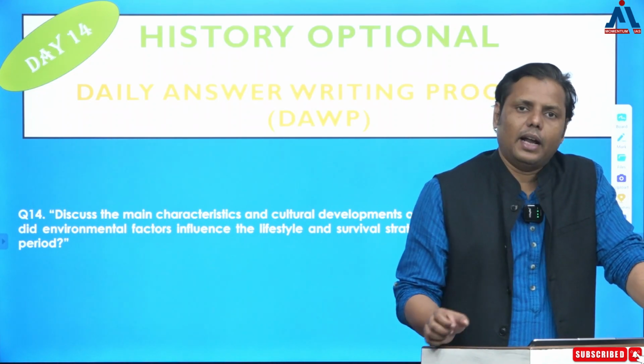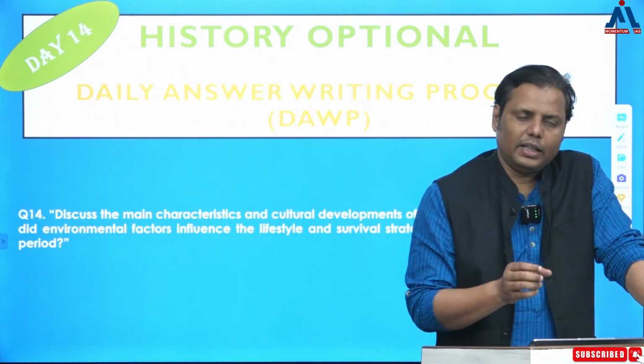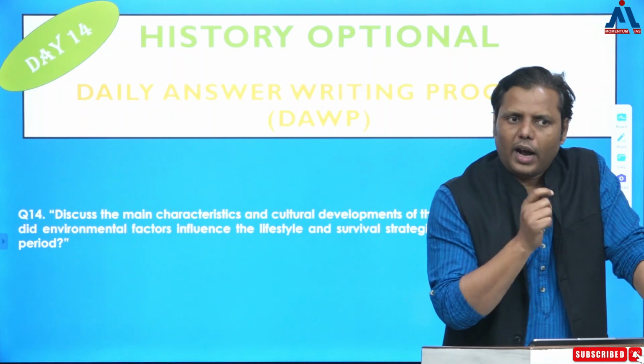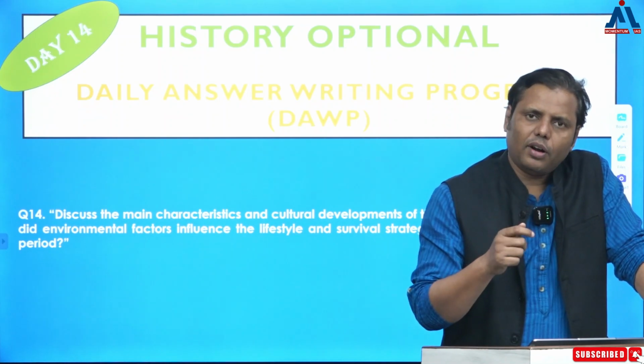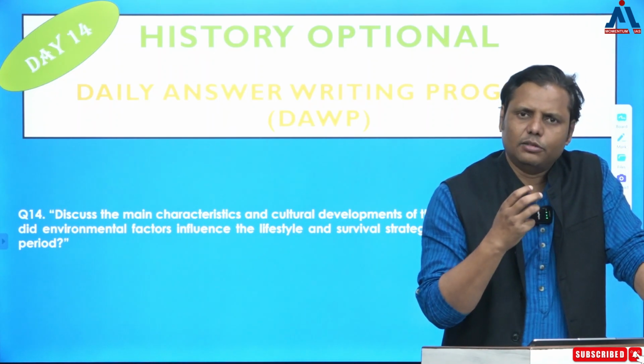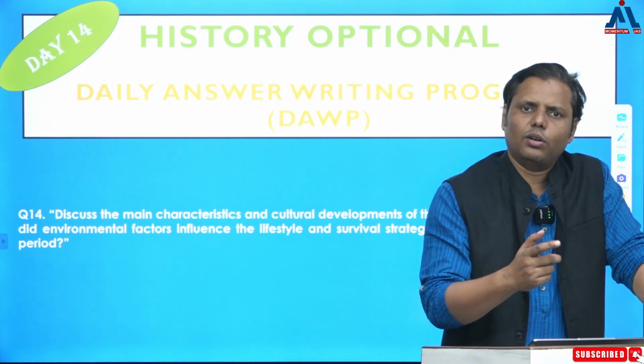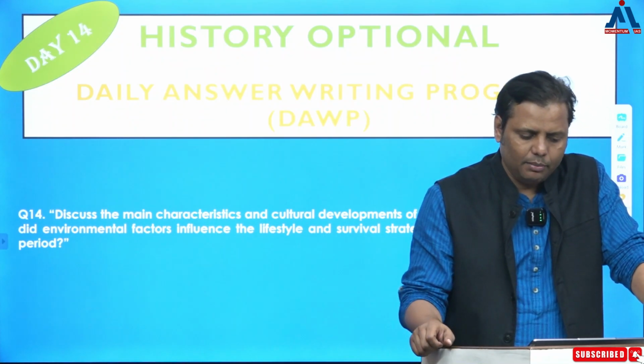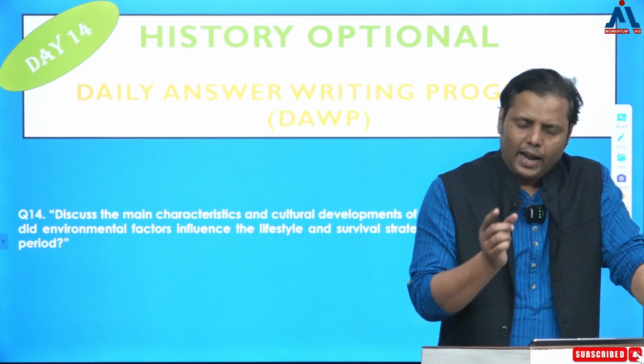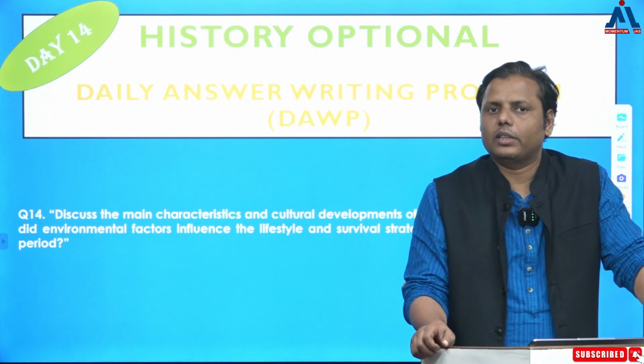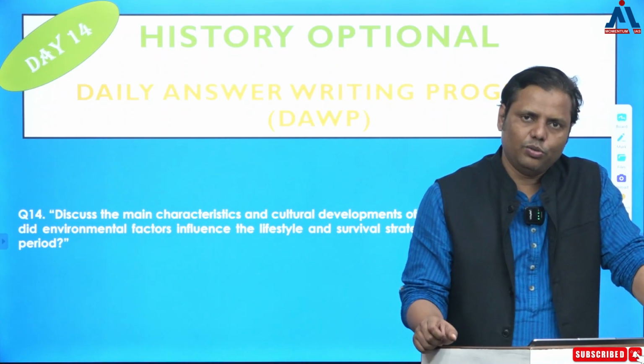At the same time, we'll be writing about the various tools used by them, such as, as I told you, hand axe, cleaver, chopper. From there, we can find that blades, burins, and then some microliths are being used. So that kind of transition can be discussed. At the same time, we'll also be discussing the type of stone, which was changing.